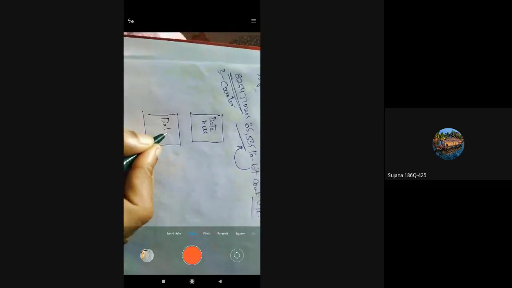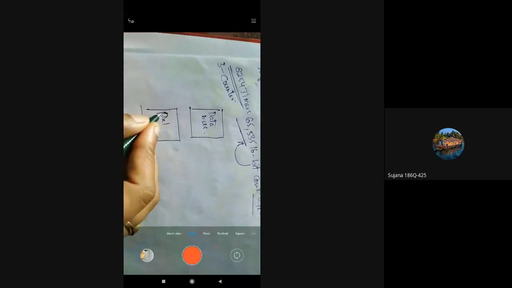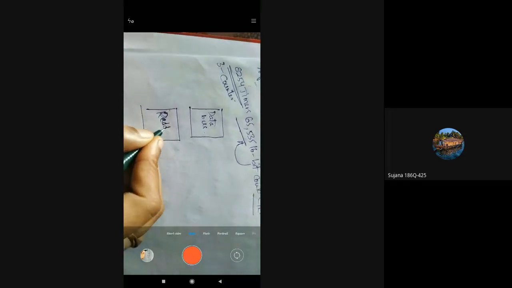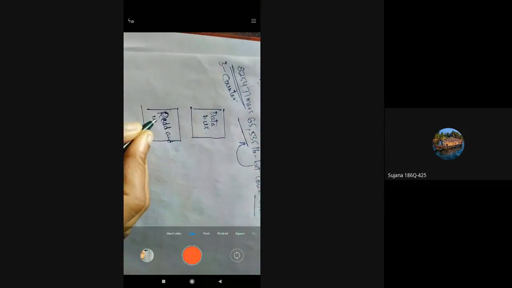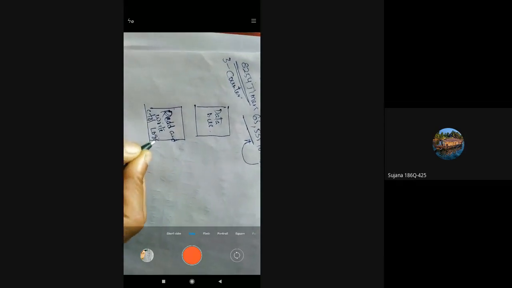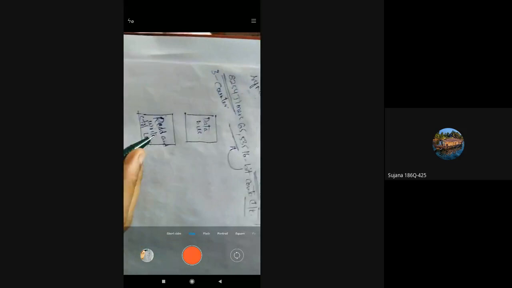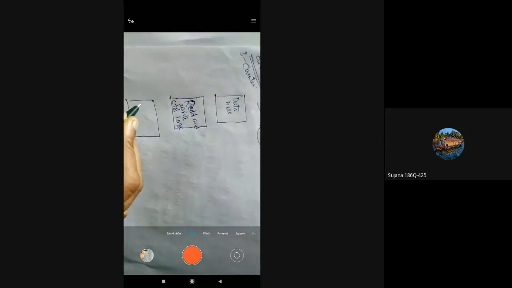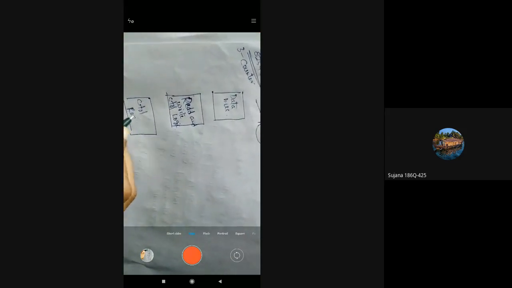So for that reason, there is read and write control logic, and next you have a control register.